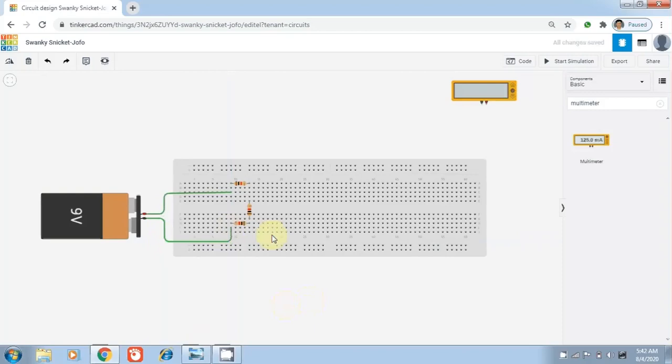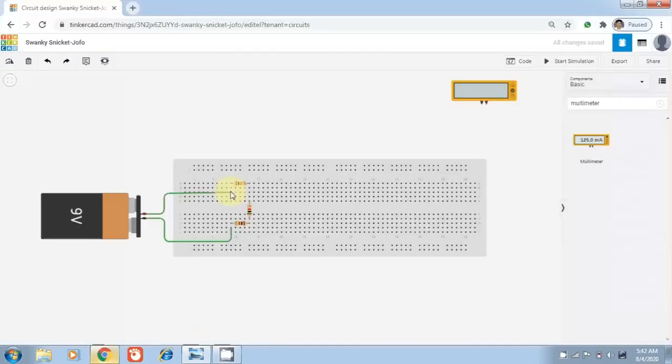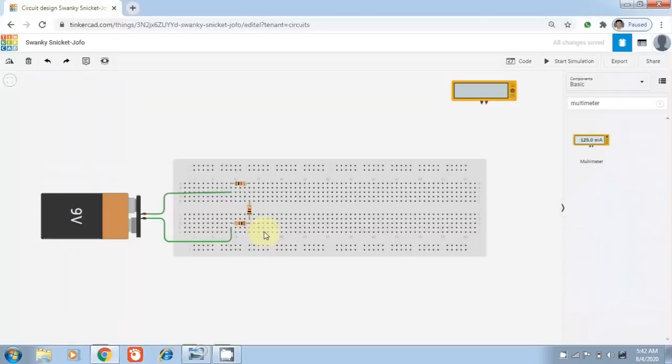So as you see in the figure, we connect the positive terminal of a battery to the resistance R1 and the negative terminal of the battery to the resistance R3. So according to this figure, we design our circuit onto the Tinkercad.